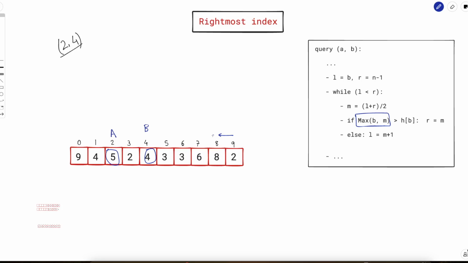Answer is yes. So 8 will be my answer. Previously the answer was 7, but now 8 will be the answer. That's the only difference in the follow-up problem. Now